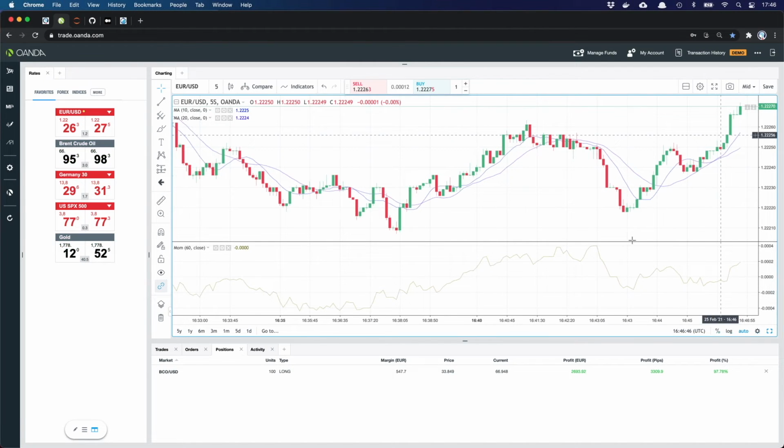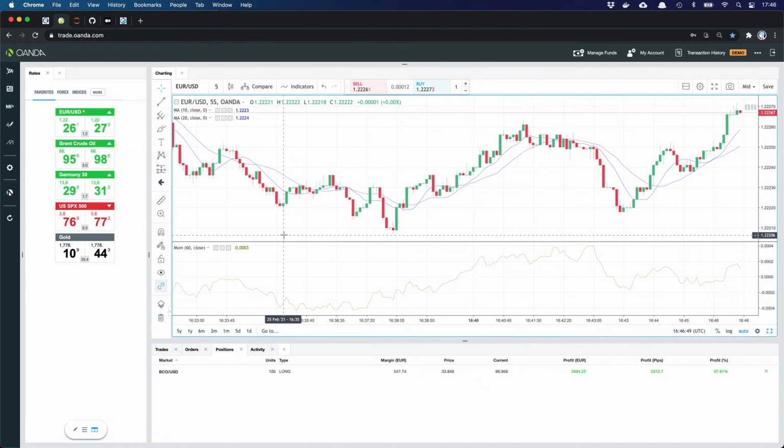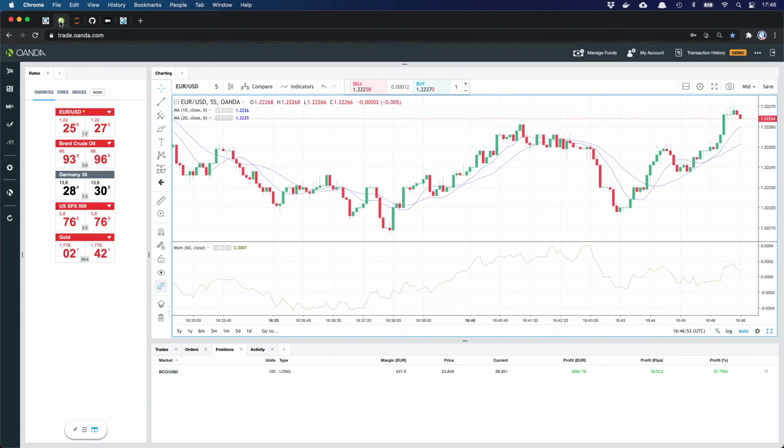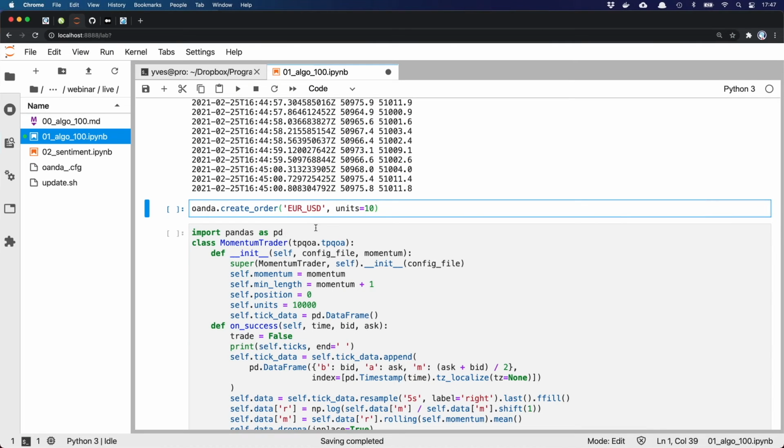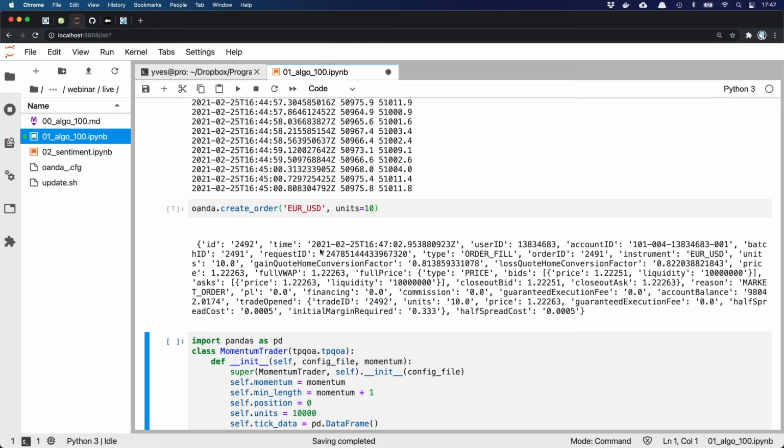You see, this is going up and down, and I can, of course, here via the web interface, do trades, buy, sell. But here is just the BCO USD position. And when I go to the code and execute this trade, I get back the JSON object with all the data: time, when the order was placed, when the order was filled, what was the fill price, and the margin that is required, and the half-spread cost that is associated with it. So we get full-fledged information with regard to the order.